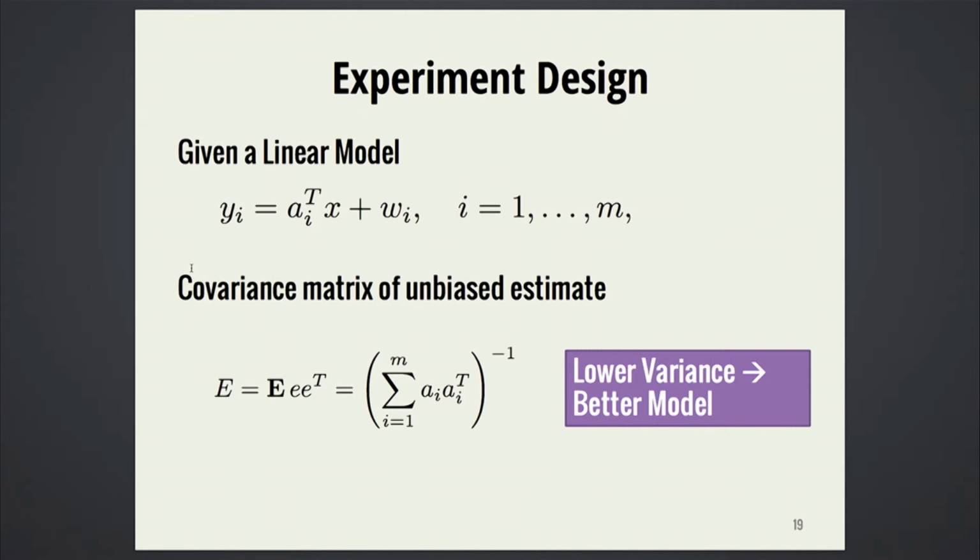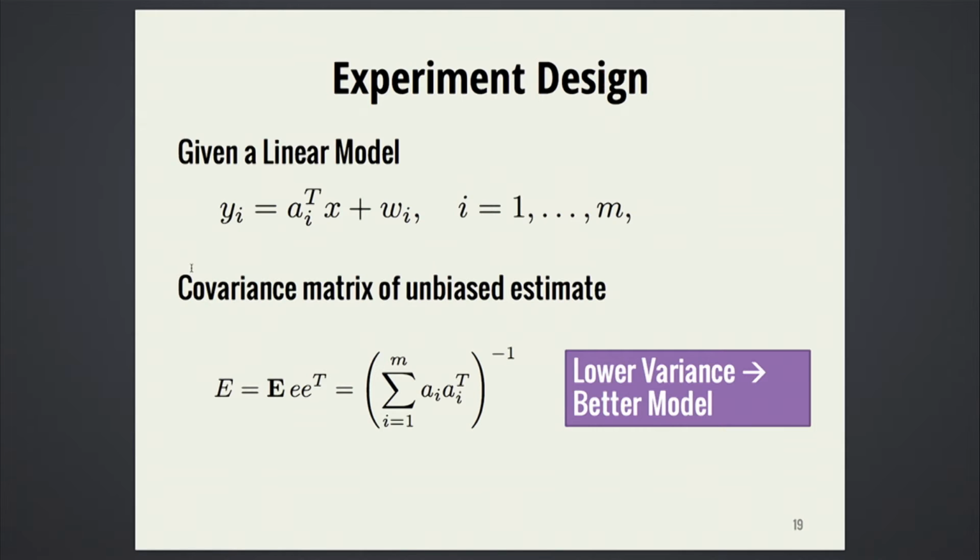And so the high-level idea behind experiment design is that if you're going to build a model, which looks similar to the model that we had before, which is a linear model, you can use experiment design to figure out what are the important coefficients where you need to collect data for your model to be accurate.